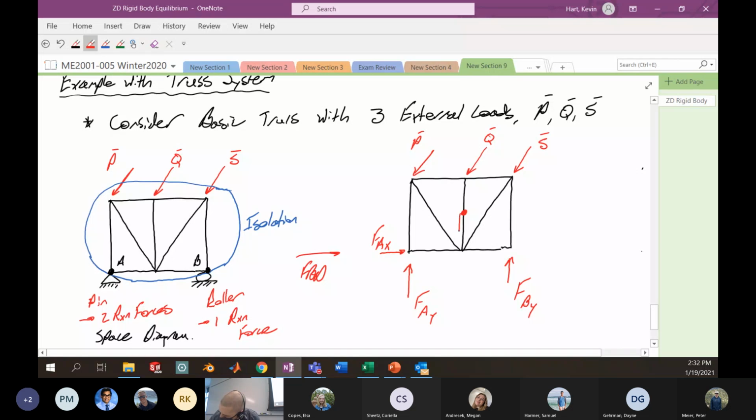We also might want to include the weight of our object. The center here, let's just call this the weight. That's the internal force that we need to account for. If I was considering trying to solve this particular problem,